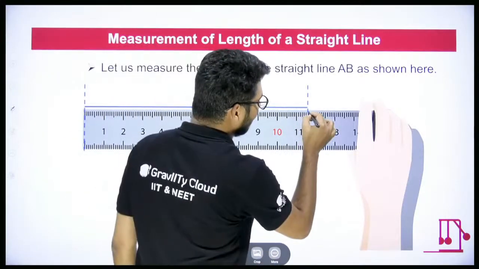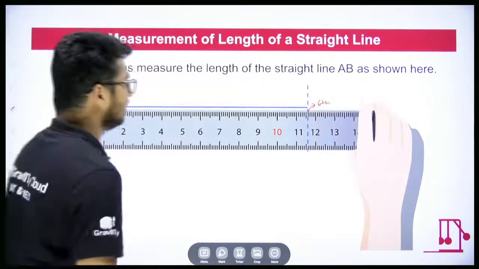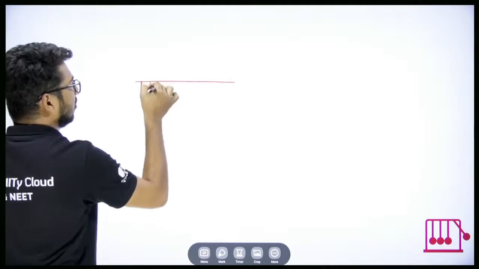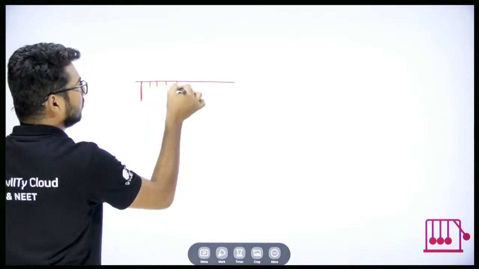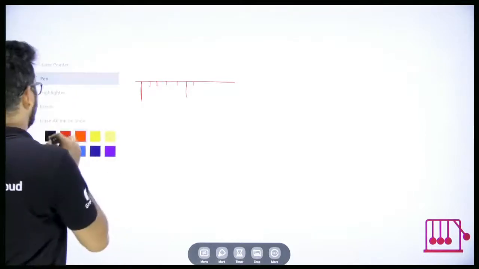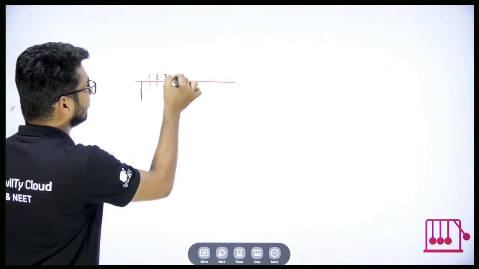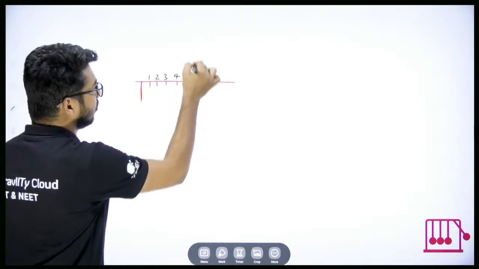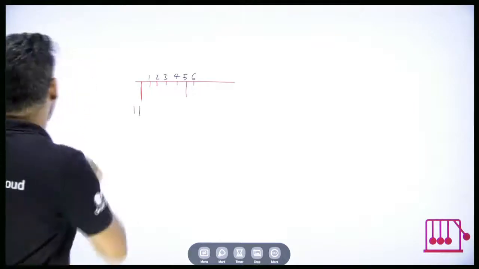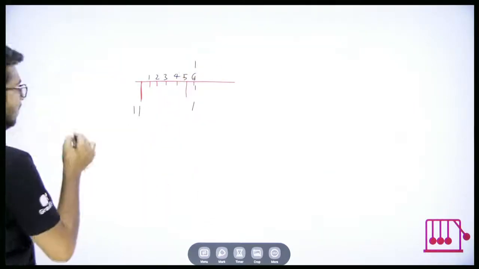here it is coinciding with the 6th mark. That means if I count it clearly, if I just magnify it for you, I'll just write it down 1, 2, 3, 4, 5, 6. See, count it. You have to count it properly. 1, 2, 3, 4, 5. It is coinciding with the 6th marking. So here you had 11. That means if it coincides here, the length will be